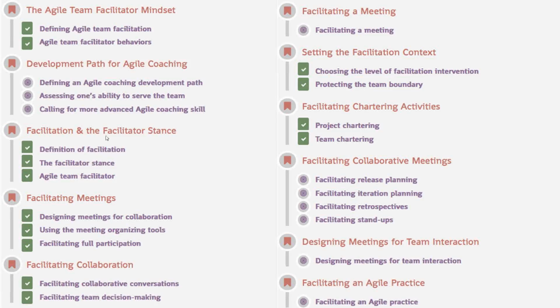For now, I think that during the webinars I provided the codes for Agile Team Facilitation Mindset Learning Objectives, Facilitation and Facilitator Stance Learning Objectives, Facilitating Meetings, Facilitating Collaboration, Setting the Facilitation Context, and Facilitating Chartered Activities.